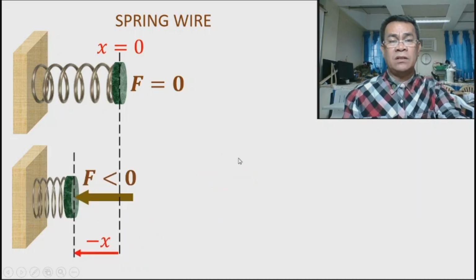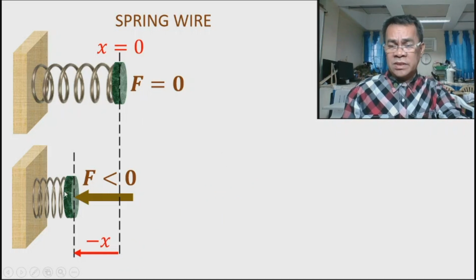Now, when you compress the spring, going beyond the unstretched length, x equal to 0, at this time we apply a reverse force. This time, this is a negative force. So it was displaced in the opposite direction; call it negative x. Again, this force is not a constant force. It varies with displacement.